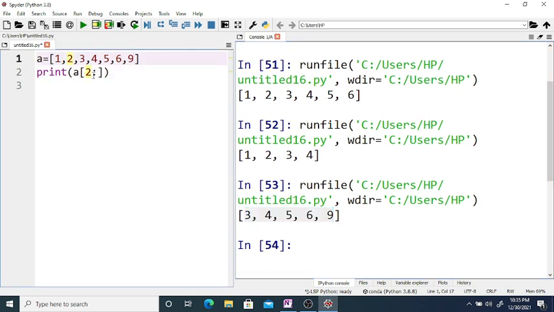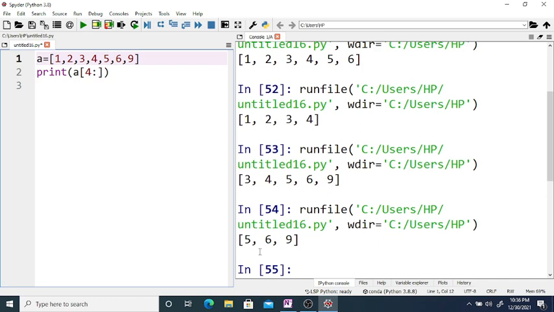Again, you can use 4 as the start: indices 2 3 and 4, so 5 6 9 will get printed.